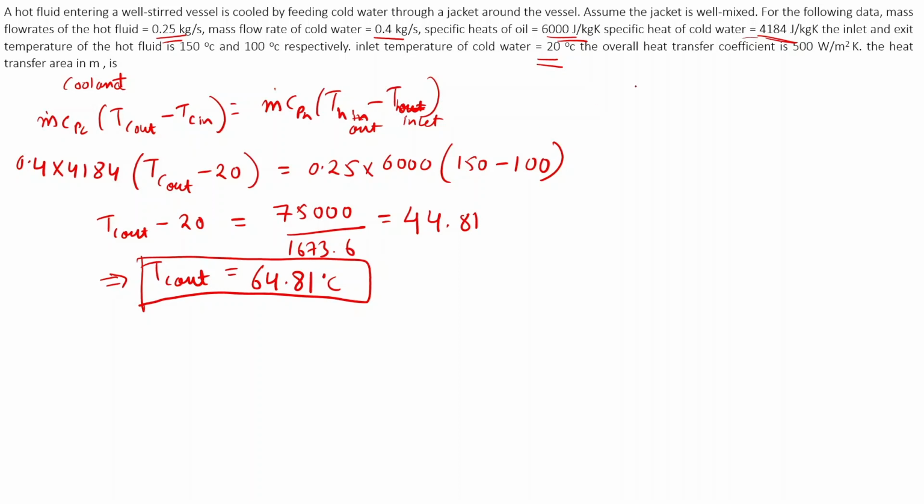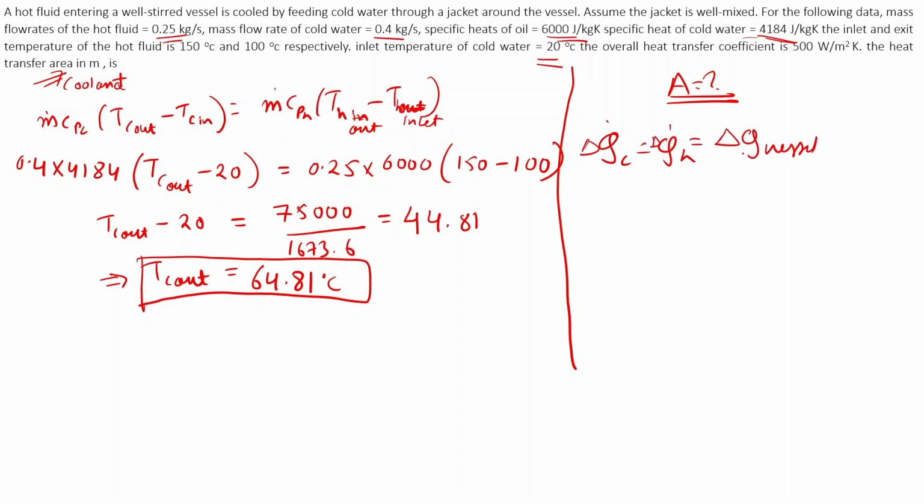Now we had to find this heat transfer area in meter square. A is equal to question mark. Now again, this heat exchange across both of these fluids is occurring across the vessel through the jacket. So we can write it as QC is equal to QH is equal to Q of vessel. So let's just consider, for the time being, the heat balance of this hot fluid. So that is